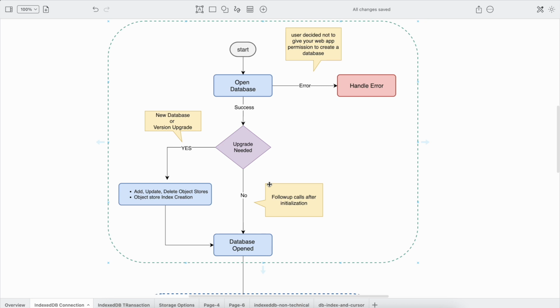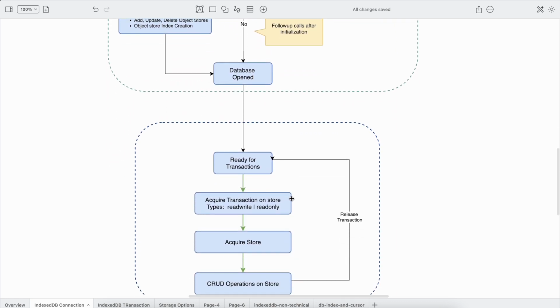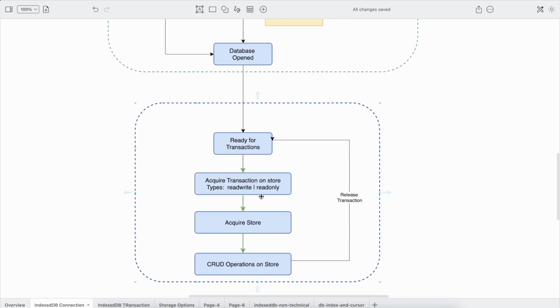But what about the rest of the life cycle once you're done with that? That's where it mostly deals with transactions, which we already discussed in a small manner. Basically, you ask for a transaction, and you acquire it on the store. You go with either a read-write operation or a read-only operation. Once you have acquired the store, you can do CRUD operations on it. Once you're done, you release the transaction, and then you are ready to get another transaction. That's how the whole life cycle of a transaction works. This is just the introduction of it. We're going to cover much more detail